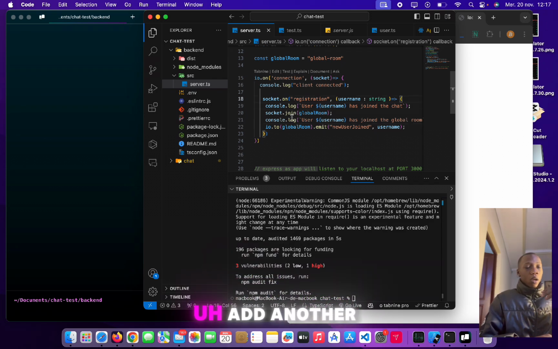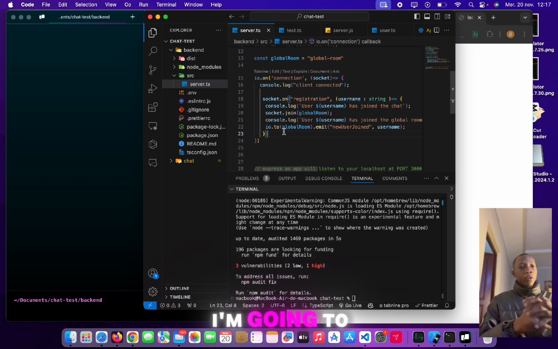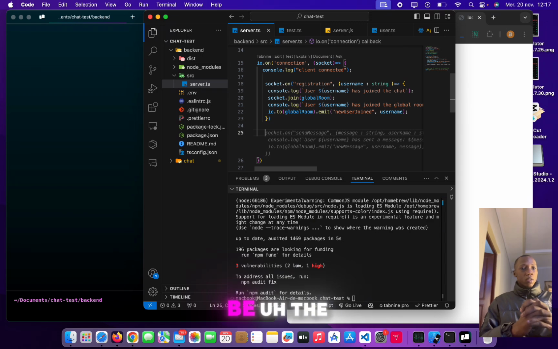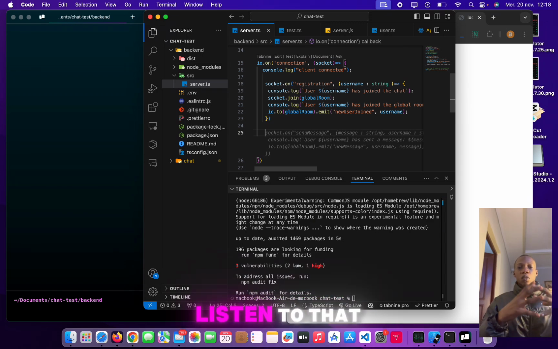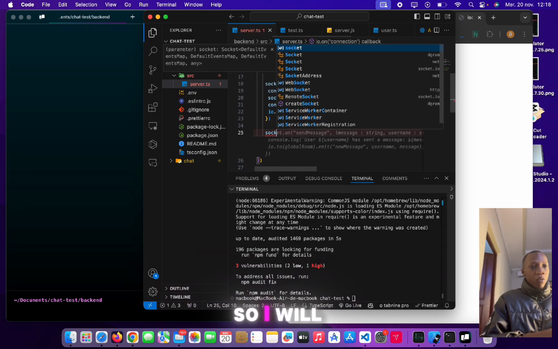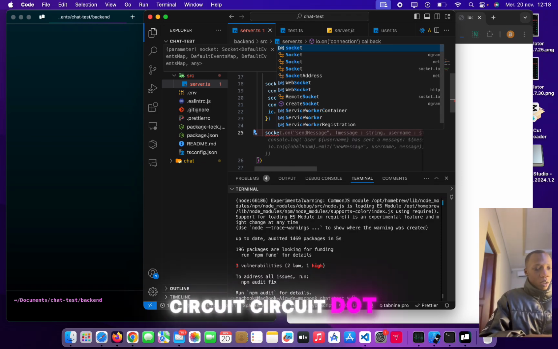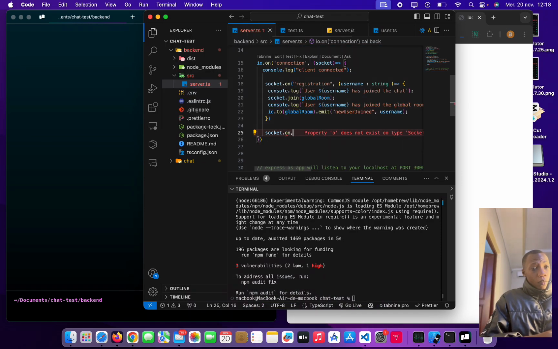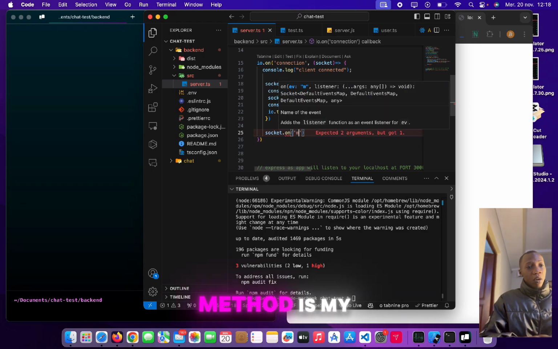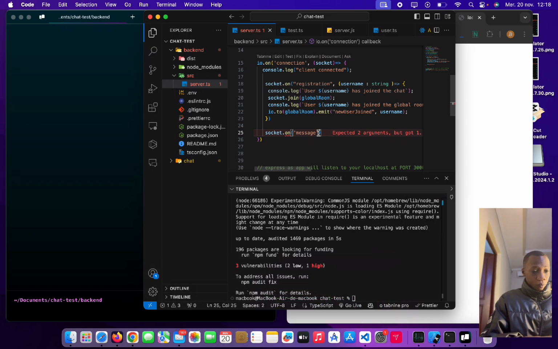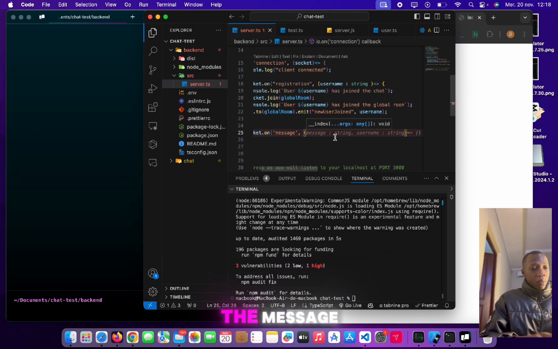I will go ahead and add another event. I'm going to listen to another event. That event will be the message. When someone sends a message in the system, I need to listen to that message. So I will use the socket because it's the user that sent the message. So the user is the socket. So I'm going to use socket.on, and the message method is my own method. So I will just put socket.on message. I will take the message,